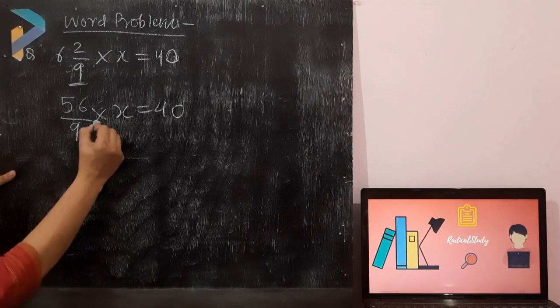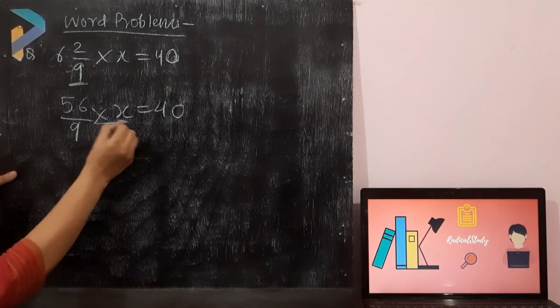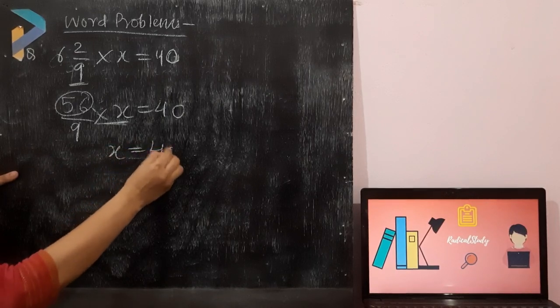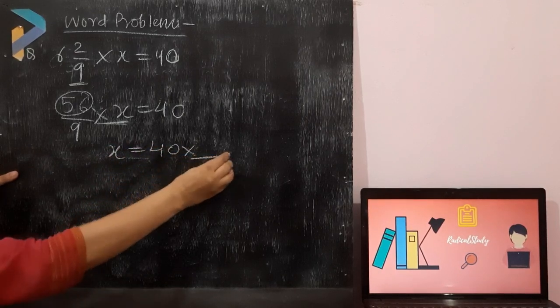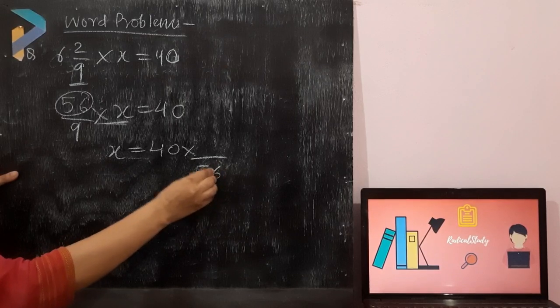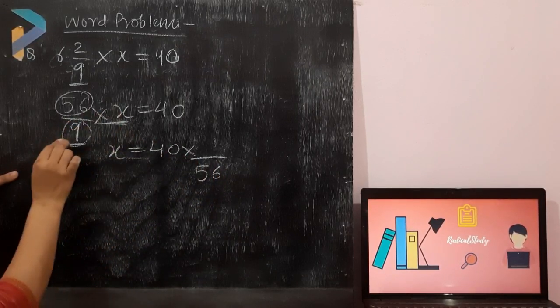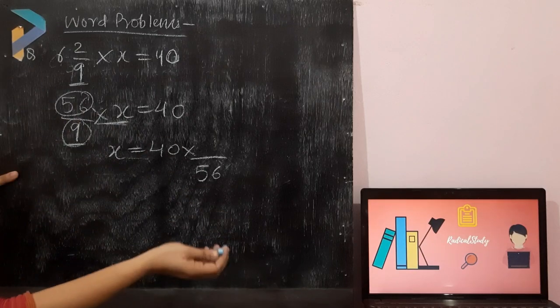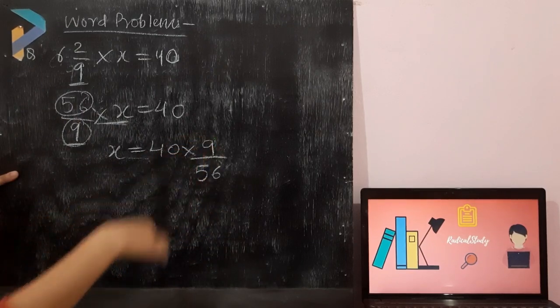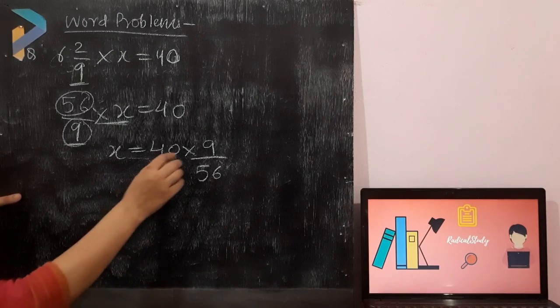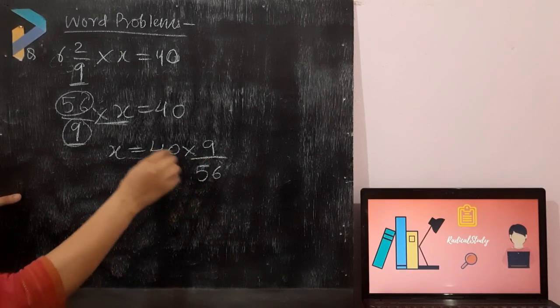As I told you, whatever is on the left hand side and it is in multiply, it is going to become divide. So it will be 40 multiplied by 9, divided by 56, and this 9 is over divide. ये यहाँ पे x के साथ divide में है. So when it will go on the right hand side, it will be multiply. Okay students. Now how will I find out the value? It will be divided like this.